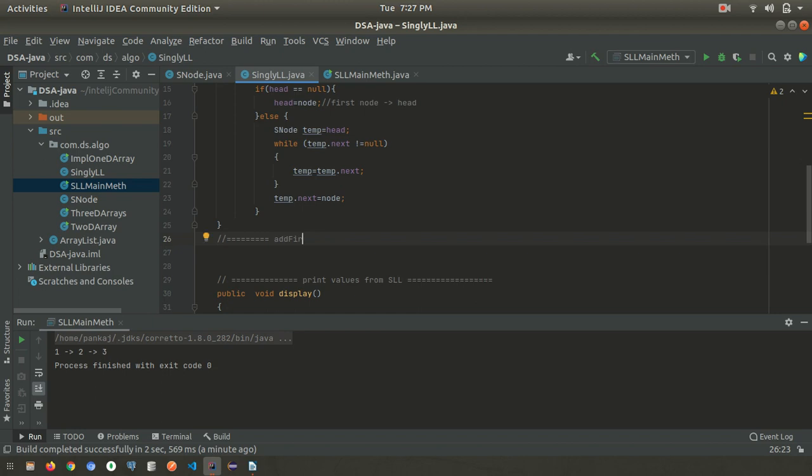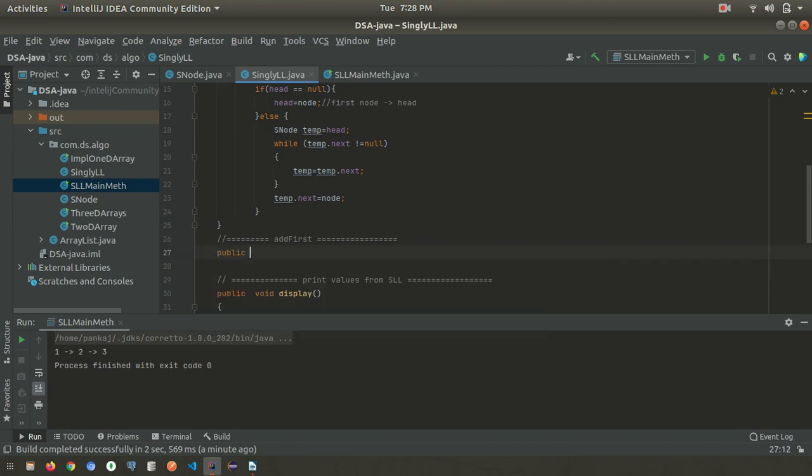So whatever data we add last, it should display first, in reverse. For example, if you are adding 10, then we are adding 20, so first 20 should come, then 10. So 20 should go before 10. So add first is adding the values at the starting of this head.